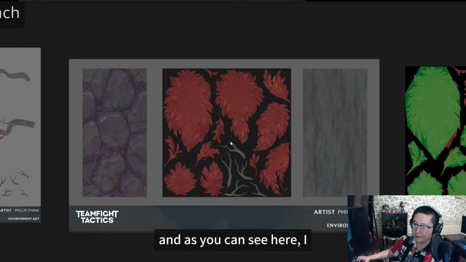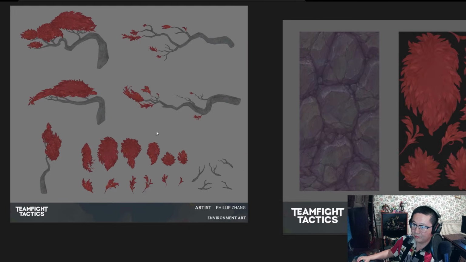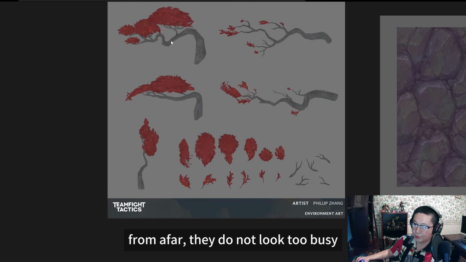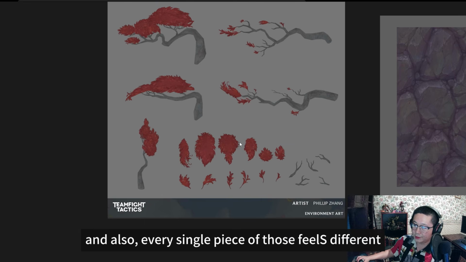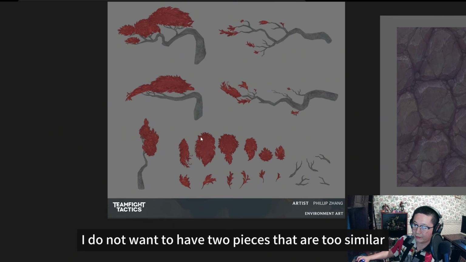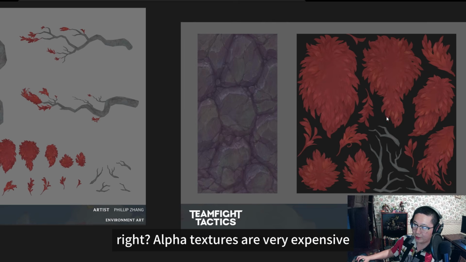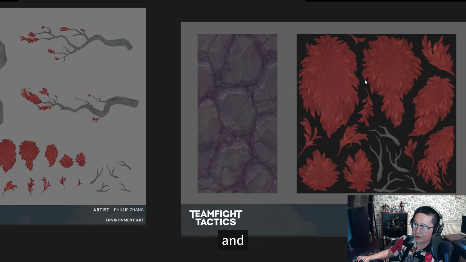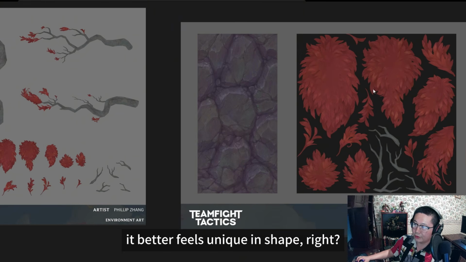And as you can see here, I kept the contrast extremely low so that from afar, they do not look too busy. And also, every single piece of those feel different because I do not want to have two pieces that are too similar, in which case it's a big waste of alpha, right? Alpha textures are very expensive, and if we're spending our budget to create a unique piece, it better feel unique